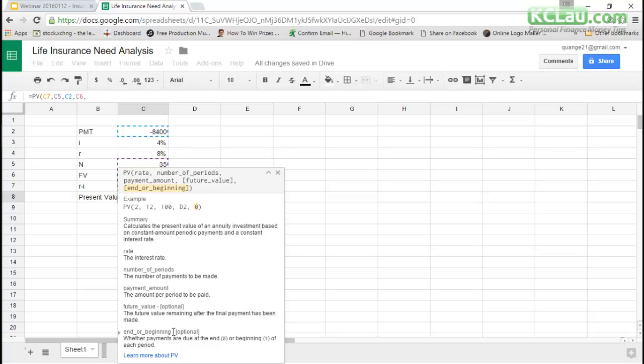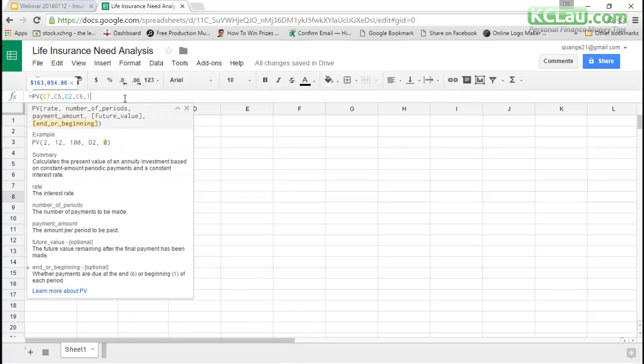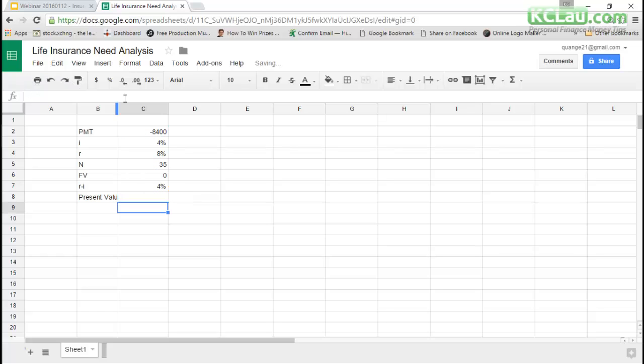So logically it will be at the beginning. It doesn't wait until the end of the year to withdraw that 8,400, right? So you'll be withdrawing at the start. So let's just put 1 for beginning. Okay. So enter. So it's calculated the amount: 163,000.